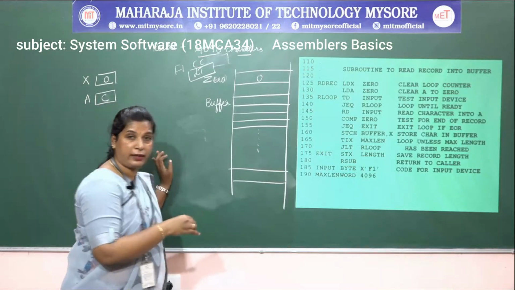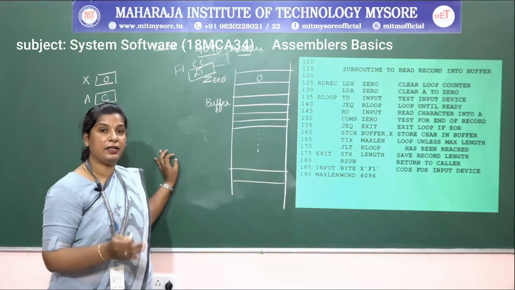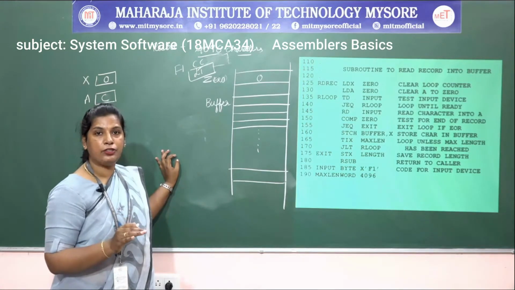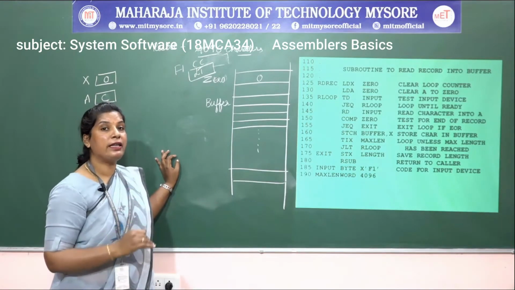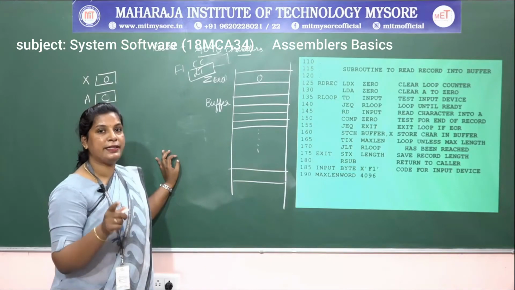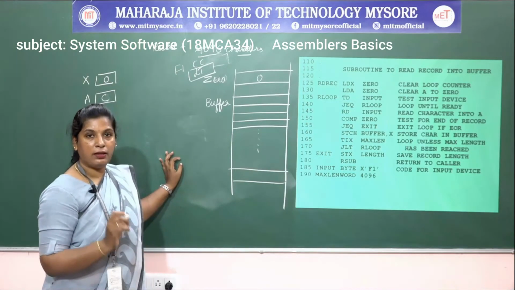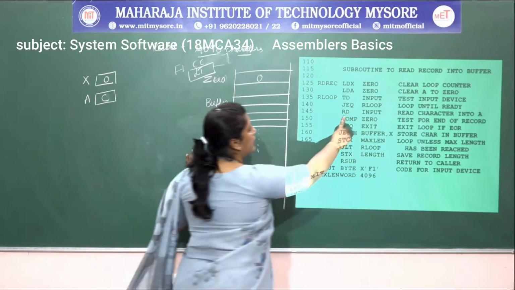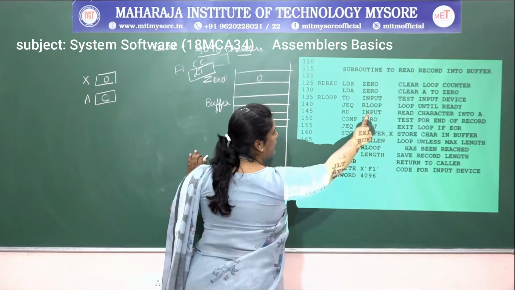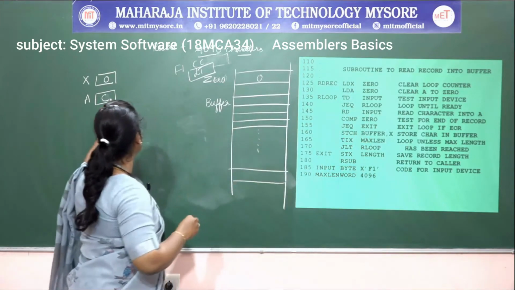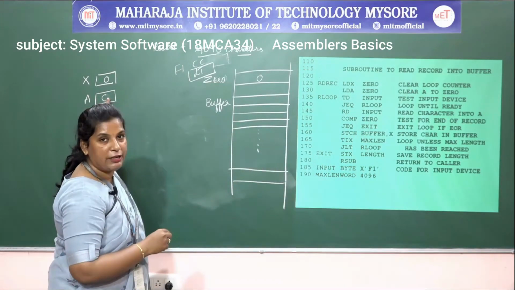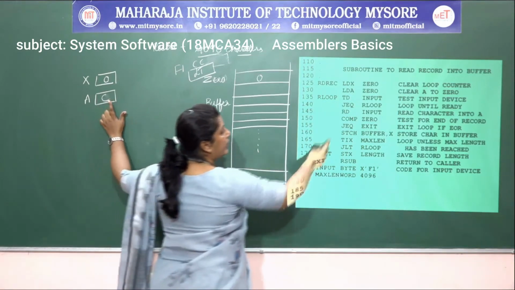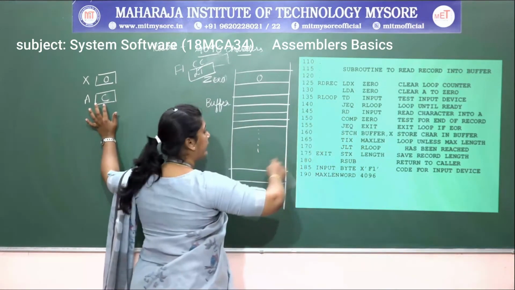I want to check whether I am reading an alphabet or an integer value. If I have entered the value 0, it means it is the end of record. That is the main logic we have here. Once I read that character from the input device, the character C is represented as an ASCII value in hexadecimal format, right. The character read from the input device is stored in the accumulator.